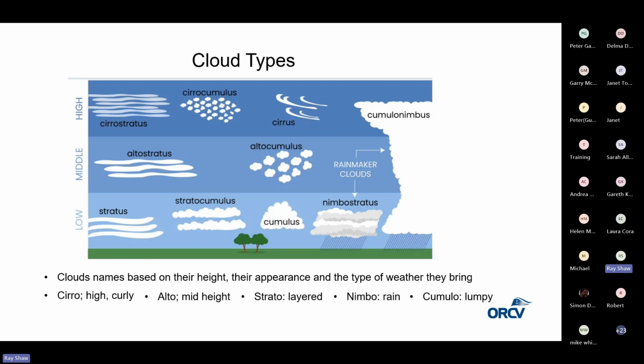So the criteria that determine clouds are their height, low, medium, and high, their shape, whether they are layered clouds or lumpy clouds, and then whether they are rain-bearing clouds. We could spend a lot of time talking about all of these, because it's a science in itself. But certainly, being able to interpret or read the signs from these clouds is an important indicator of the weather that is likely to